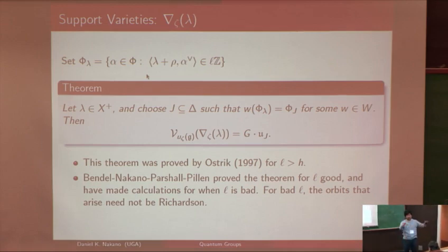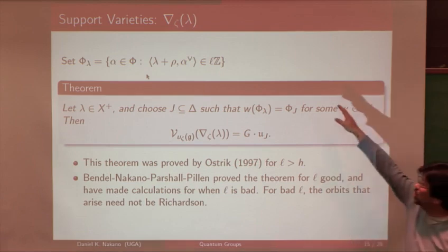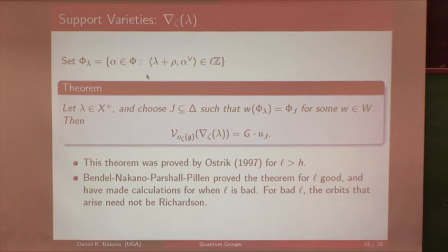Right? It's going to sort of divide up the weights. And you're just looking at where lambda sits. And if it sits on a bunch of walls, you're just kind of counting the walls using this invariant order up here, this phi lambda. And it turns out that the phi lambda, as long as L is good, is going to be a subroot